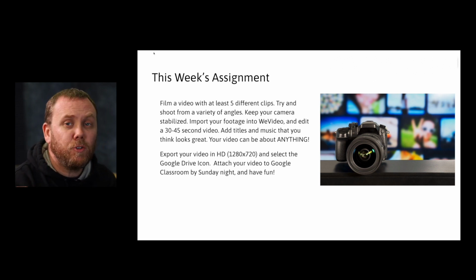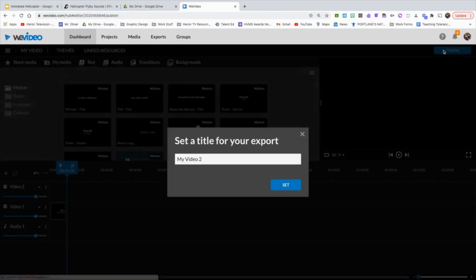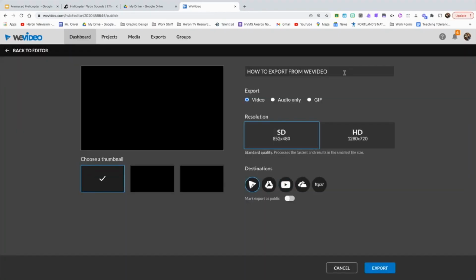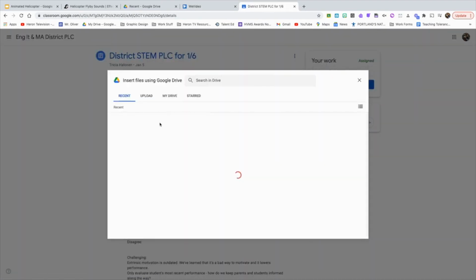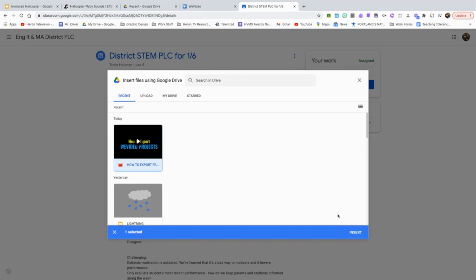Okay, after you have made your video, you're going to export your video in high definition. So in WeVideo, you'll always choose the box to the right. The highest number is the highest definition, and you're going to select the Google Drive icon that's right below that. Then when you're finished, you're going to attach your video to Google Classroom and do this by Sunday night